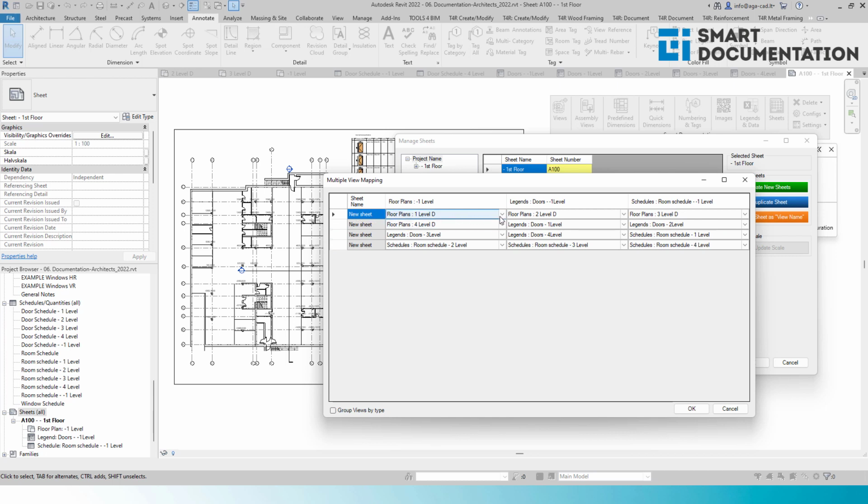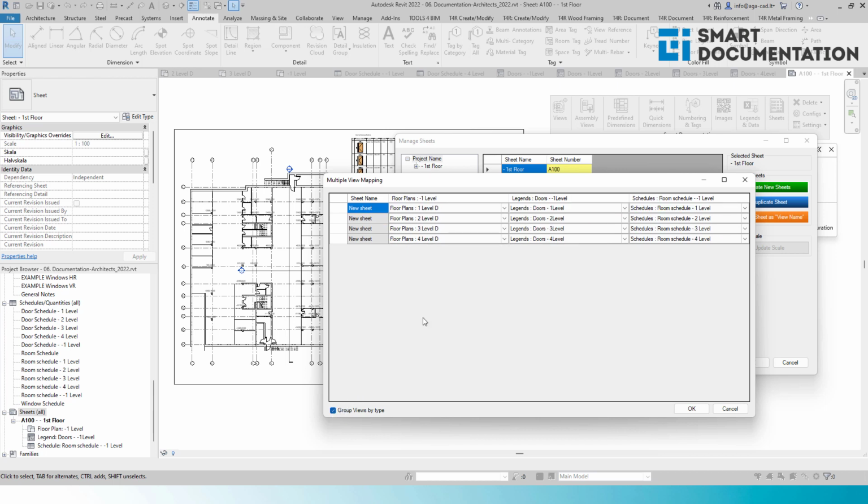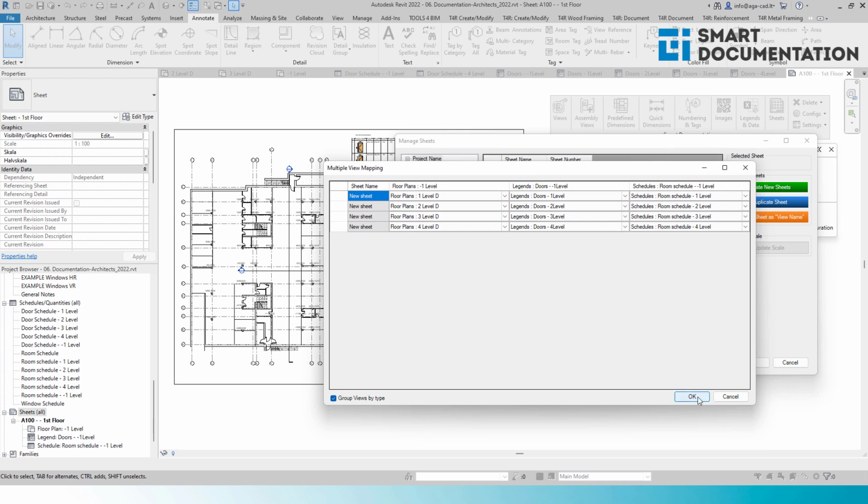So here you see all the views which you have just selected, but we have this group view by type function, which groups all the views according to its name. That's why we named those legend views, so we can have this correctly placed on the sheets. We click OK,